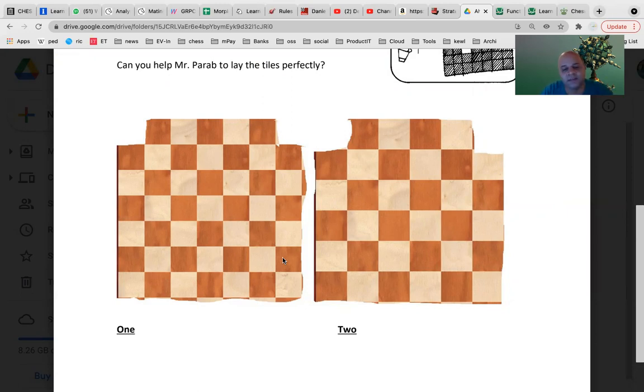4 plus 3, 7 plus 4, 11 plus 3, 14 plus 4, 18 plus 3: 21 dark squares are there. How many light squares are there? 3 plus 4, 7 plus 3, 10 plus 4, 14 plus 3, 17 plus 2, 19. So 19 light squares and 21 dark squares. Do you get this number for figure 1? Yes, sir. Okay.